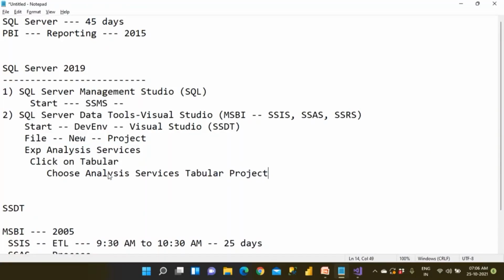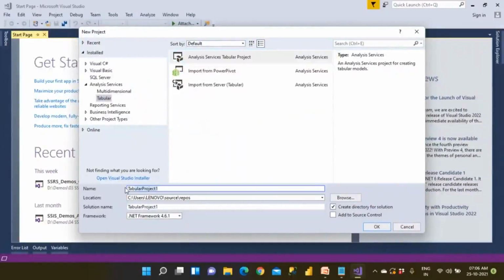Clear? And after that, you need to give the name of the project. What do you want to do here? The name you can say SSAS Tabular Cube. For which project? For Amazon. If you want to work on the Amazon project, you have to give SSAS Tabular Cube for Amazon.